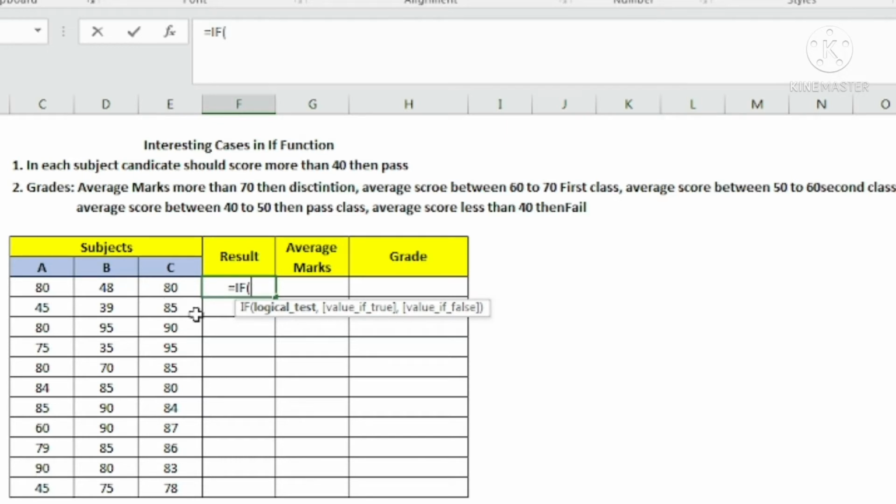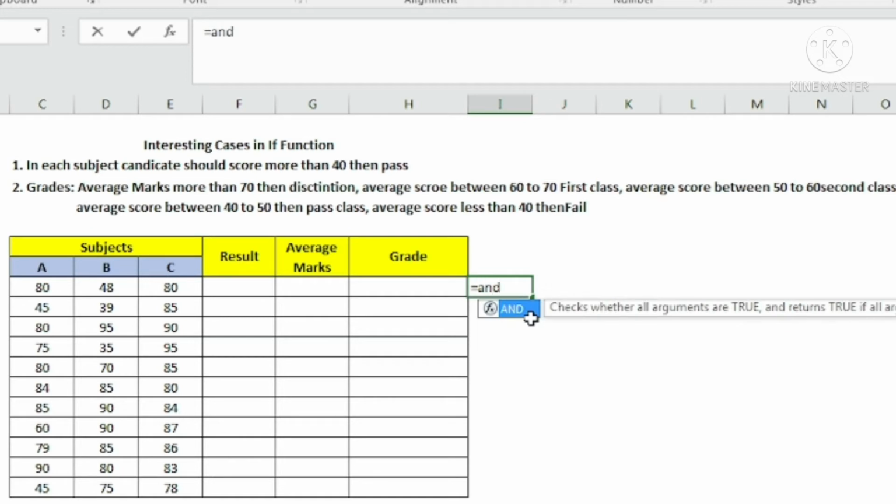What the AND function does is it will give us only a true or false result. So first of all, I will put here the use of the AND function and brief you on how it works. So I will put over here AND function. So is equal to AND, tab. What is it asking? Logical condition 1 and logical condition 2. If all these three conditions are true, then only it will provide us true, otherwise it is false.